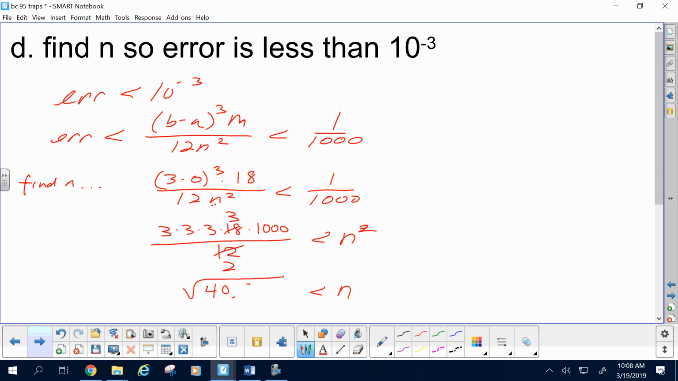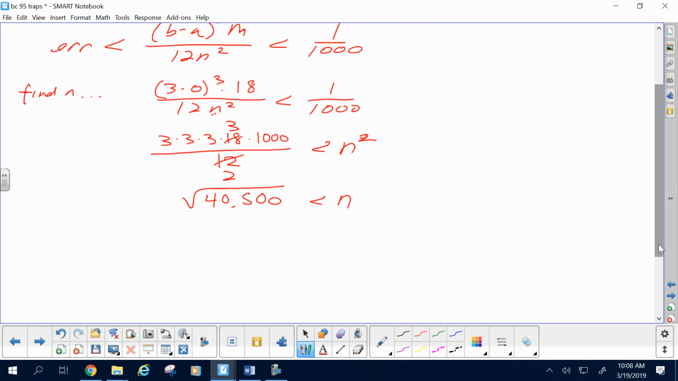40,500. We then need to square root that. Square root of 40,500 is what? The square root of 405 times 10. So about 2,200 or so. What are we looking at here? Will somebody throw that in your calculator? 200-ish,